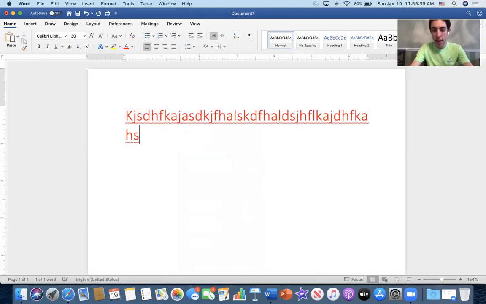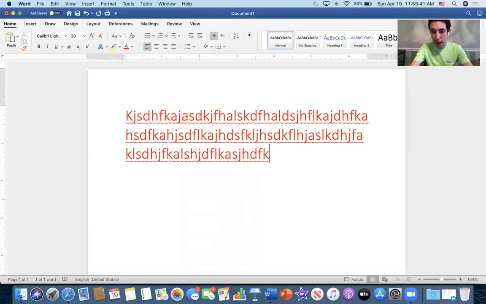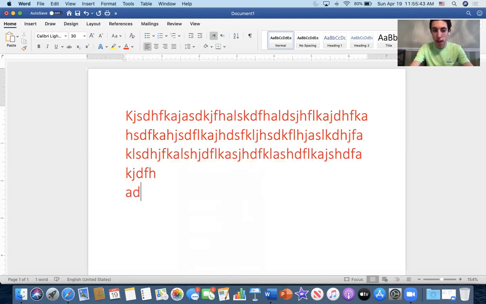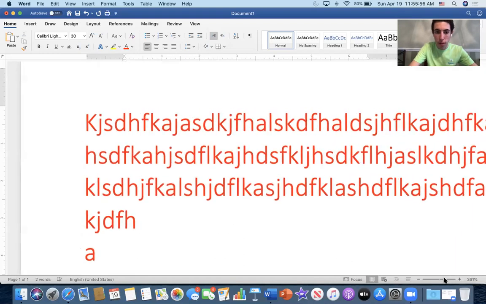Also, for example, let's say you have 3 lines of text and you want to select the first line. If you bring your mouse to the left of it, you'll see the mouse will slant. It will slant in the right direction. And if you click, you'll be able to select one line of text. So let me show you that again. Here, I'm going to zoom in a little bit.